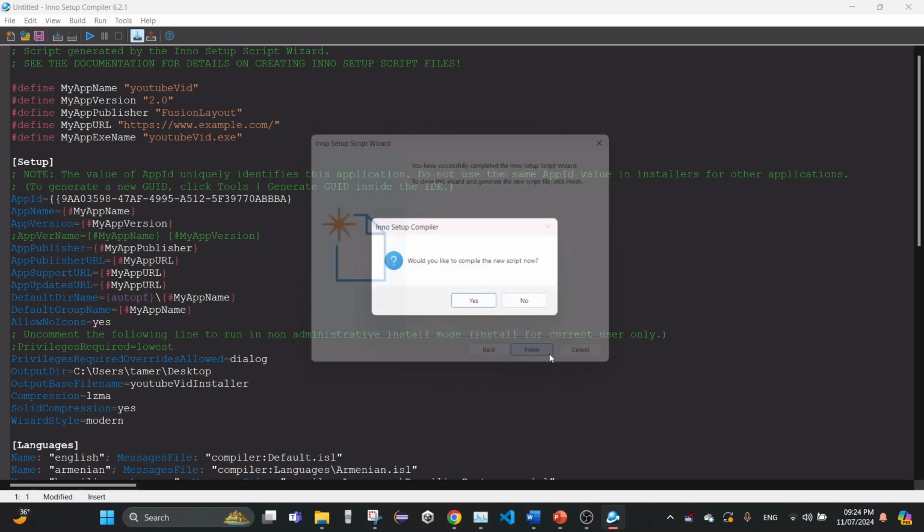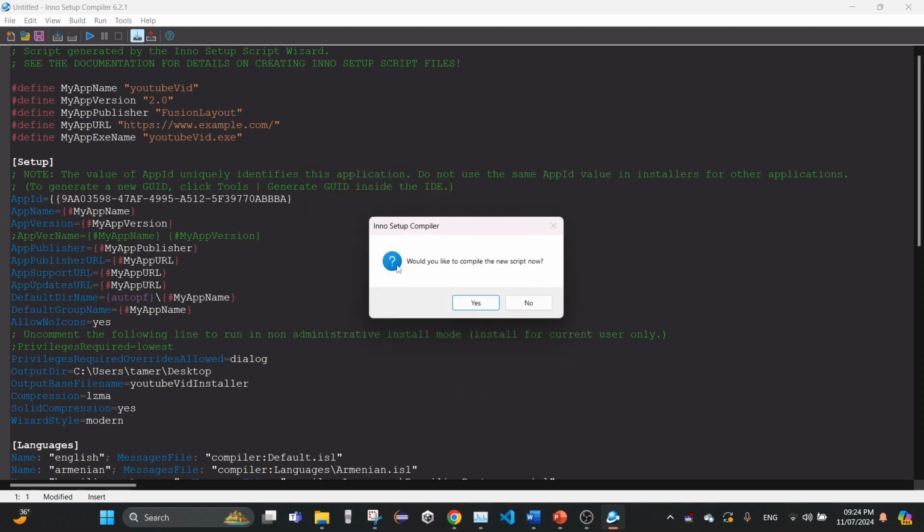Next and finish. And then so basically the script wizard wrote all the script, the code that you needed. And then it asks if you want to compile the new script. So yes,